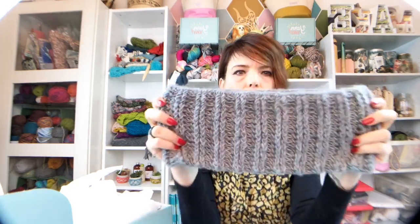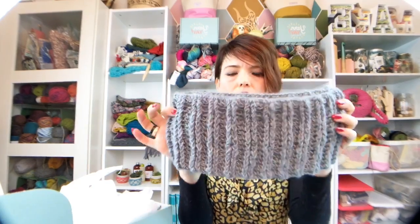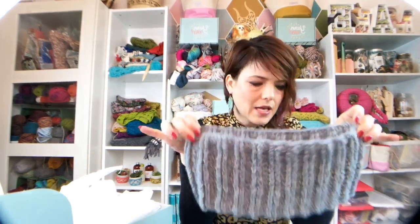If you are a crocheter, we're making a smaller cowl. Crochet takes more yarn than knitting, so we'll also be making a rib cowl. This is a front post, back post, 2x2 rib short cowl, so a mini cowl. Both of these are great as transitional pieces to layer, or you can use them as the seasons start to warm up a little, when there's just a little bit of chill, especially this one would be great. You can also double the height of this by buying an additional hank of Wild Wool, if you'd like. And of course, a lot of local yarn stores already carry Erica Knight's products,